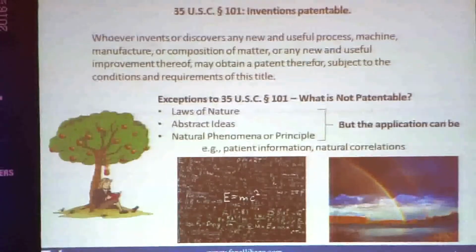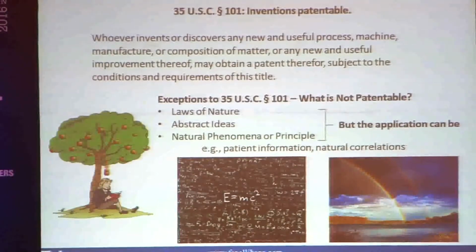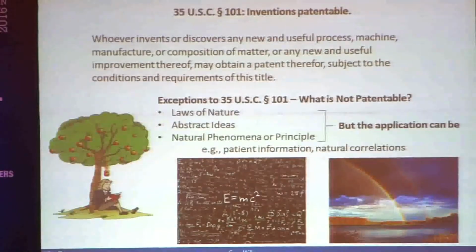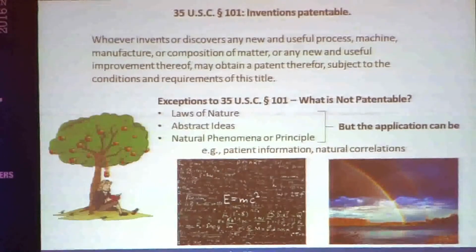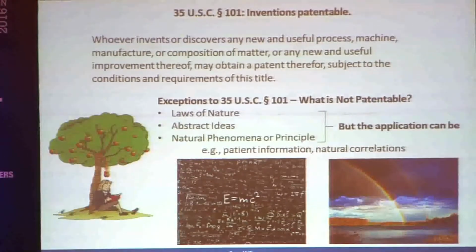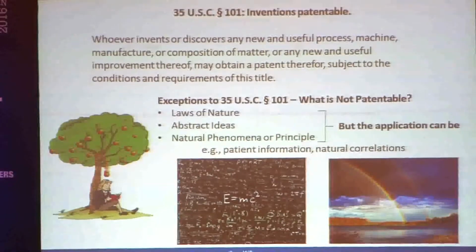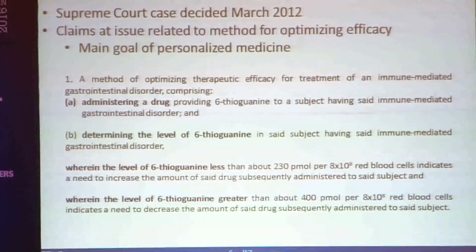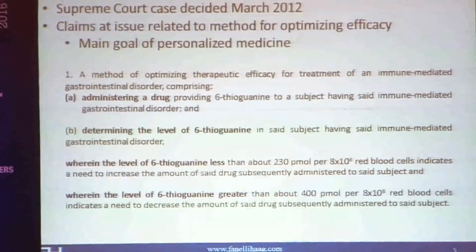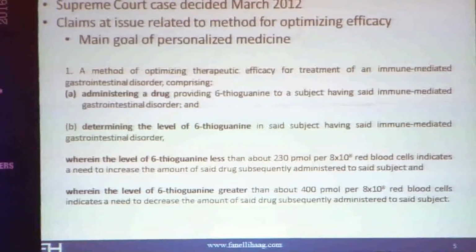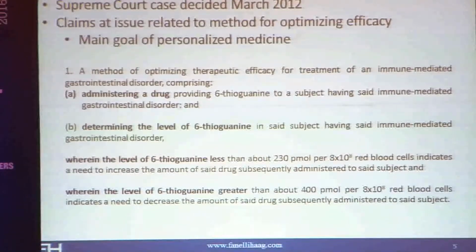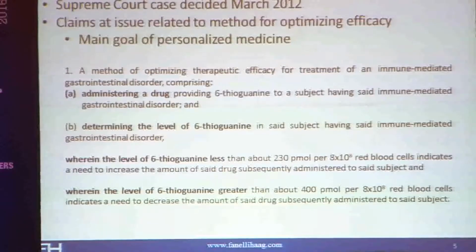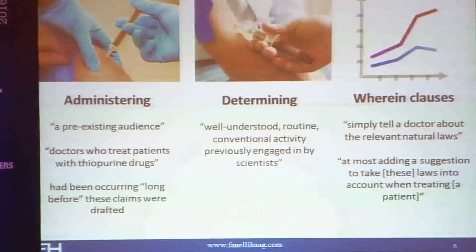So the idea that an elevated level of some metabolite, an elevated level of some protein provides you with information about how a patient reacts to a particular method, how a patient reacts to a particular medicine. Again, Mayo v. Prometheus, I think we're all familiar with the elements here. The comment I'll make is that this really set out in broad terms the goal of personalized medicine: taking information, utilizing that, and based on that, providing what you should do in reaction.